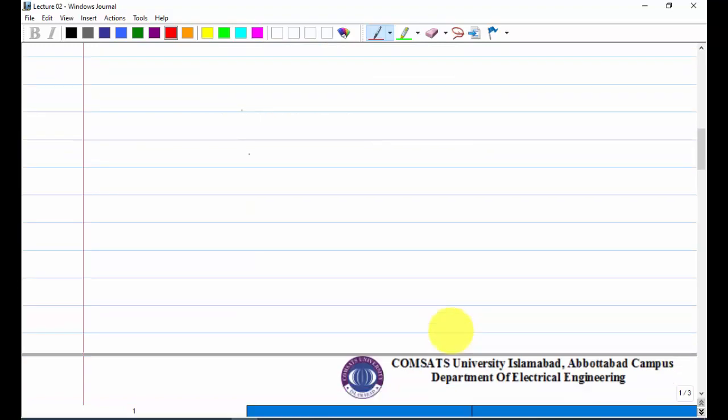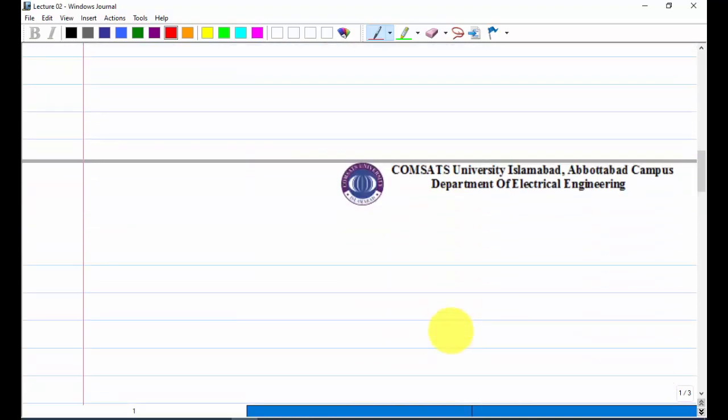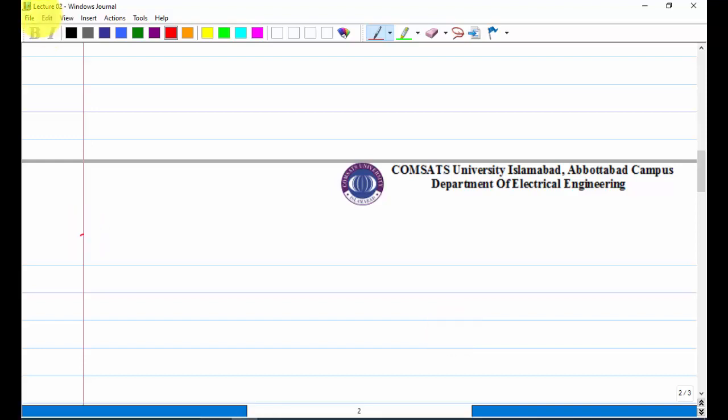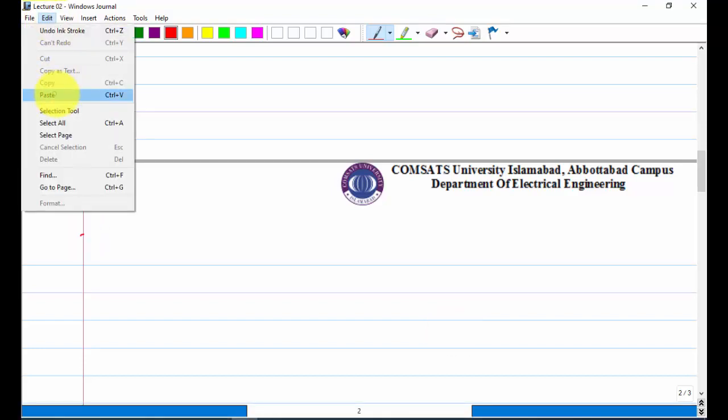इससे पहले कि हम आगे चलें, हमने पिछले लेक्चर में जो सेट थ्योरी देखी थी, उससे रिलेटेड एक एग्जांपल सॉल्व कर लेते हैं। मैं यहाँ पे पेस्ट करने लगा हूँ।